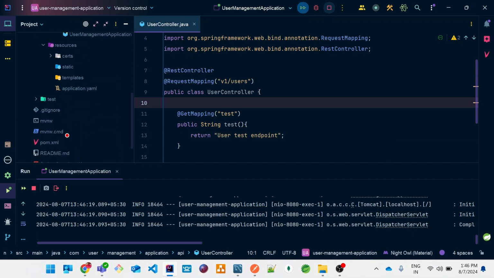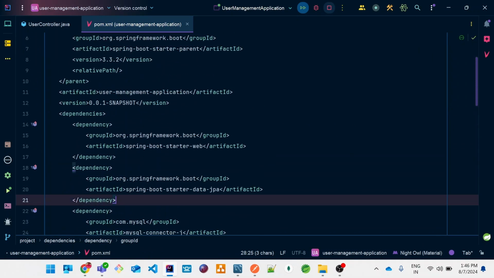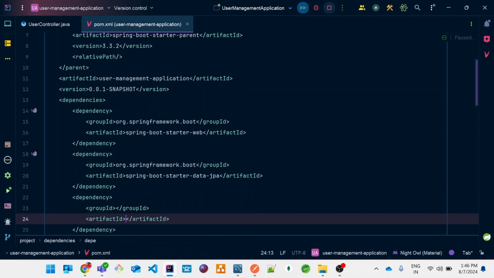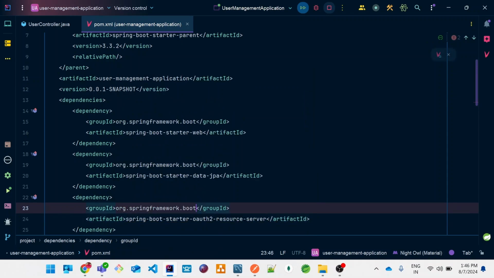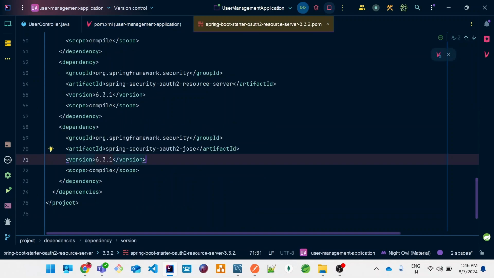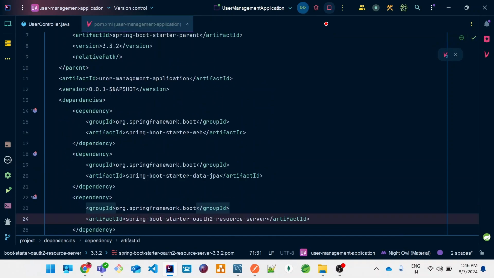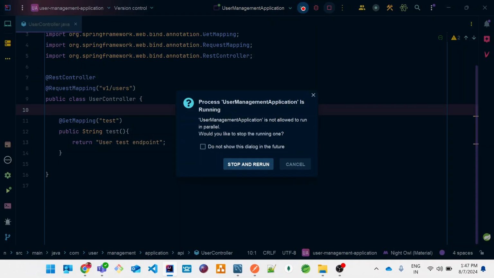Now we need to add the security dependency. I'll go and add that next to JPA. We don't have to add Spring Boot Starter Security, which is not needed. We have something called spring-boot-starter-oauth2-resource-server, and if you go inside this, we already have the security-related dependencies. So that's all. I'll reload the project to have the dependencies in my classpath. Now, if I just restart my application,